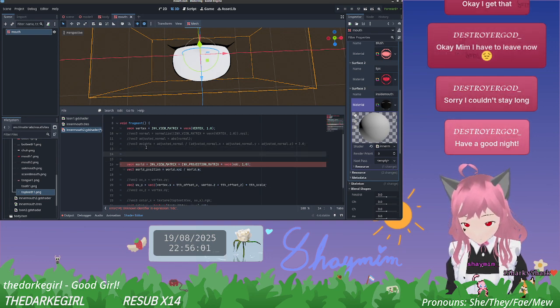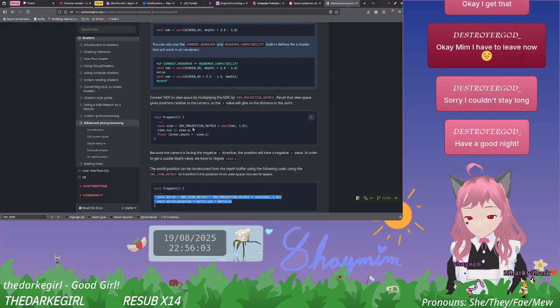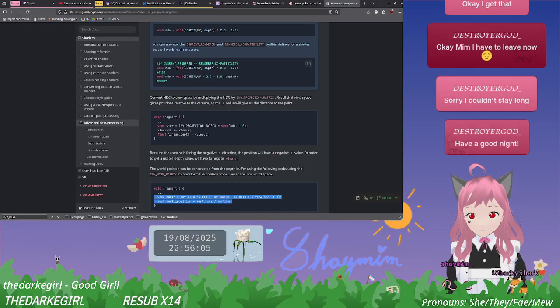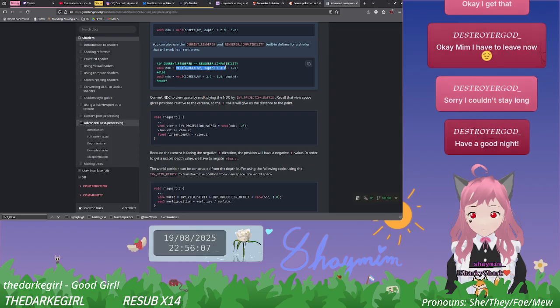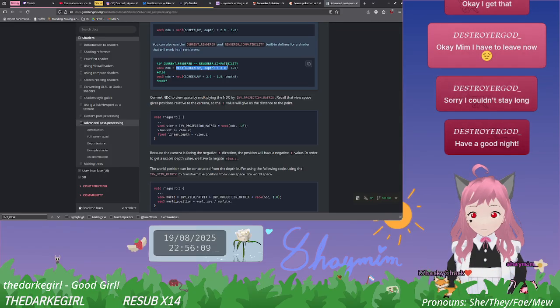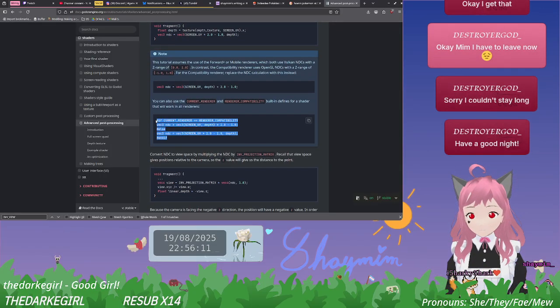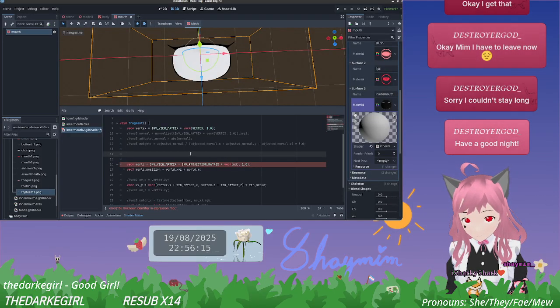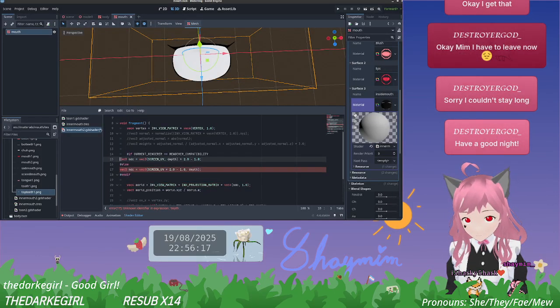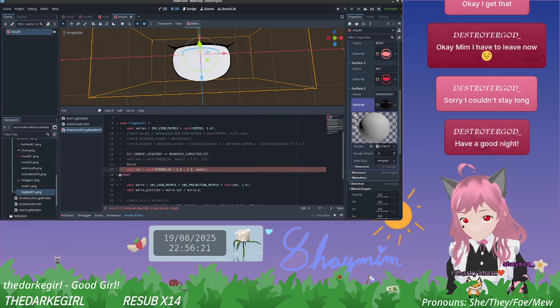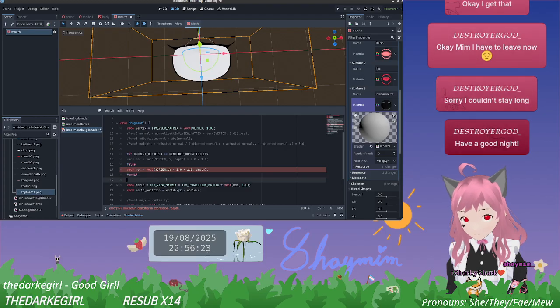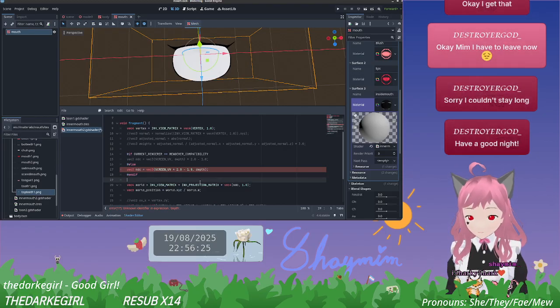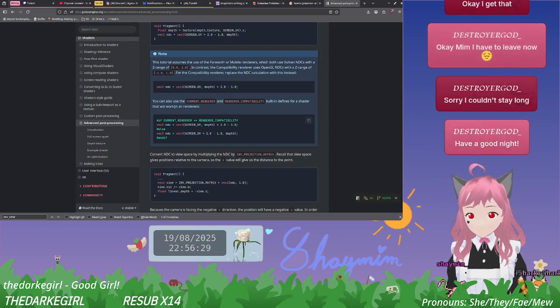And then we need to define NDC. Because we don't know what kind of render exactly it uses, so go like this. And then we also need a variable for depth, it looks like. And depth,